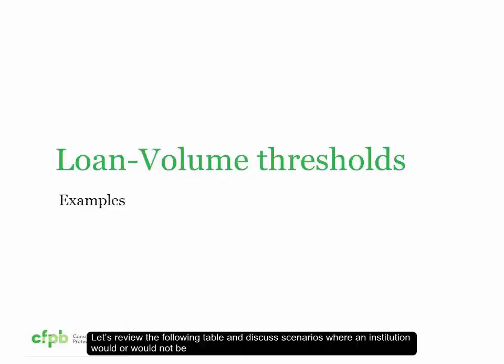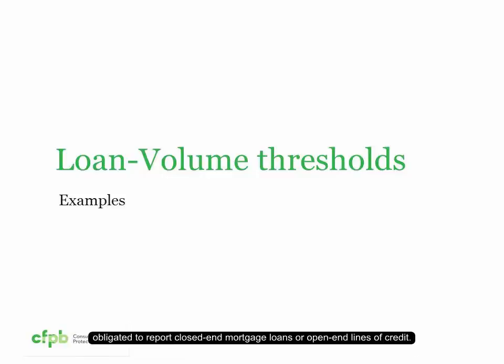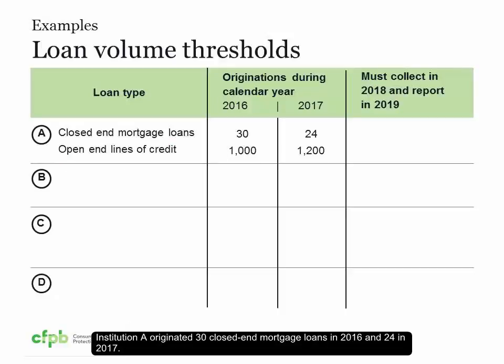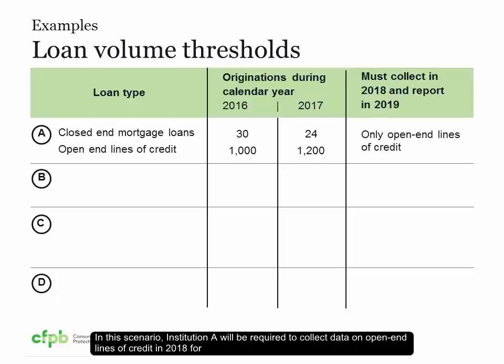Let's review the following table and discuss scenarios where an institution would or would not be obligated to report closed-end mortgage loans or open-end lines of credit. In the table with the loan volume threshold examples, Institution A originated 30 closed-end mortgage loans in 2016 and 24 in 2017. For open-end lines of credit, Institution A originated 1,000 in 2016 and 1,200 in 2017. In this scenario,